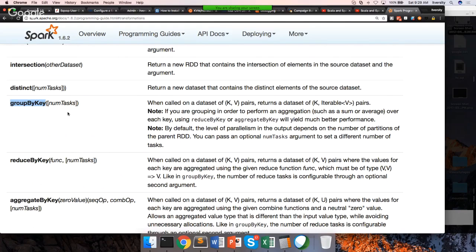Today we will begin with sorting and ranking, and we will get into data frames. Then we will conclude with the afternoon session where we will continue on data frames, and we will also look into Spark streaming. Okay. So when it comes to grouping,